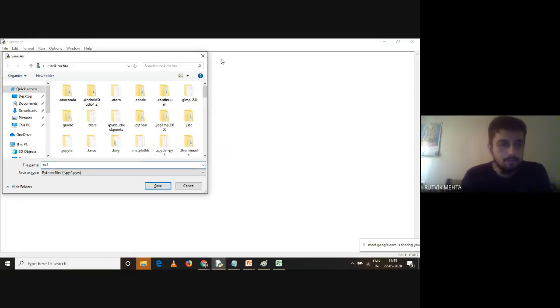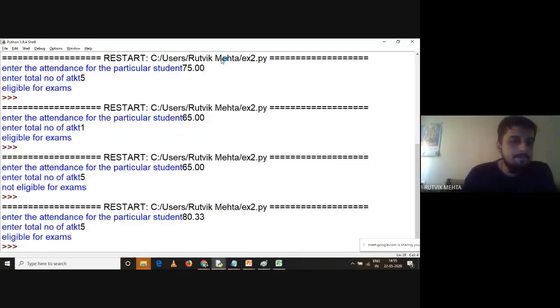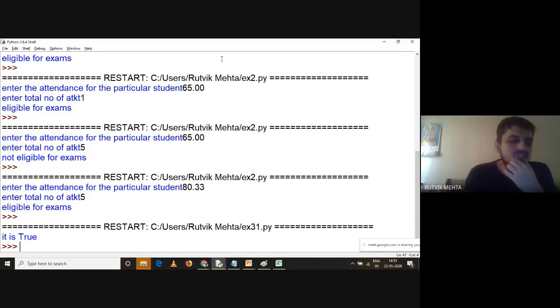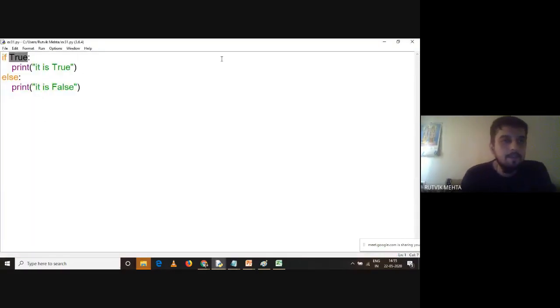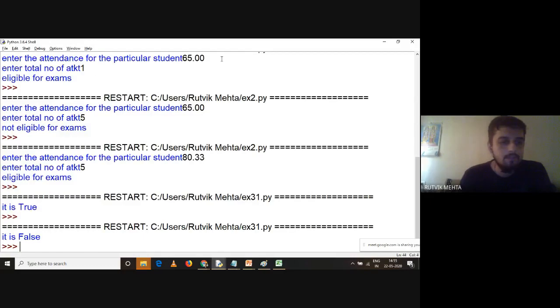Don't want to replace it. Let me make it 31. Right? It is always going to say it is true, right? And we can do it like this also. So when it is false, remember this F and T are capital. They are Boolean values, right? So if it is false, the true part is never going to get executed. So always we are going to get false.